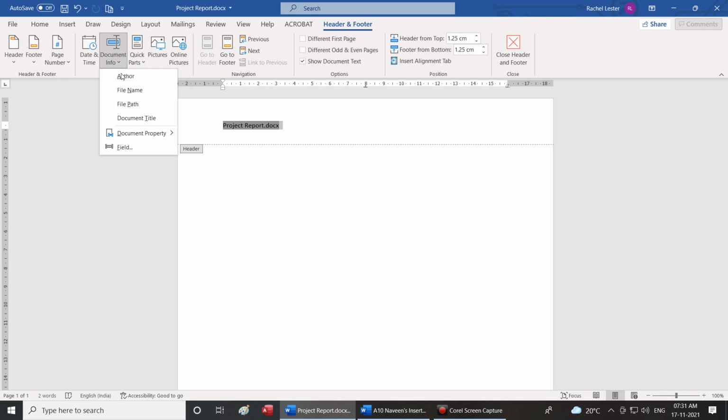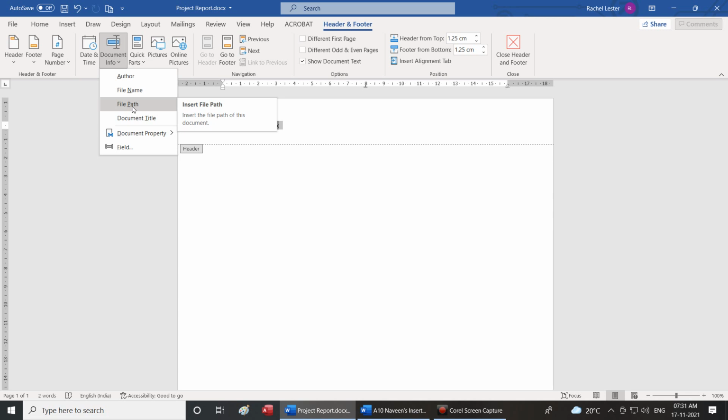Okay, next, file path. Where is this file actually stored? It is in C drive, in a main folder called Malik. Under that there is a subfolder called documents. Under that there is a subfolder called word file. That entire path it is going to show. Like if you are practicing in the lab, it is going to show H drive. In H drive there is a folder name, and in that folder, Sarojini Naidu or yours could be Bhagat Singh.